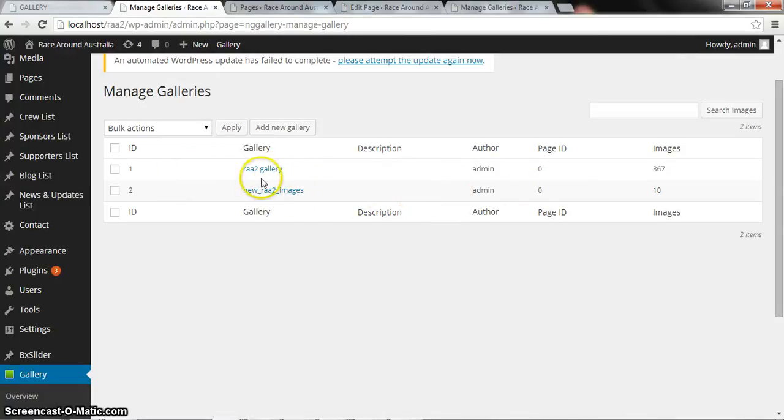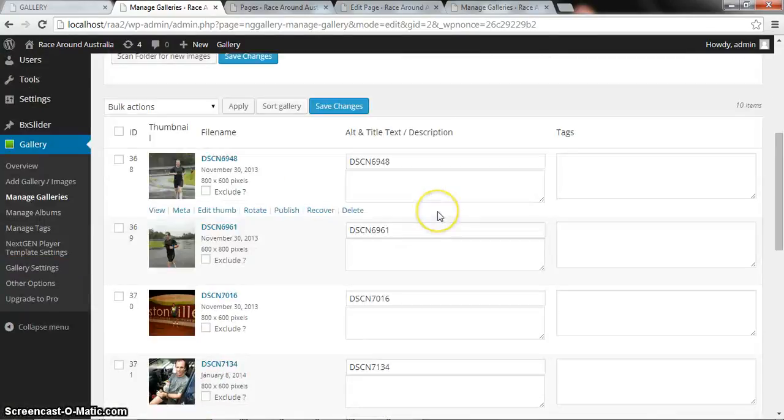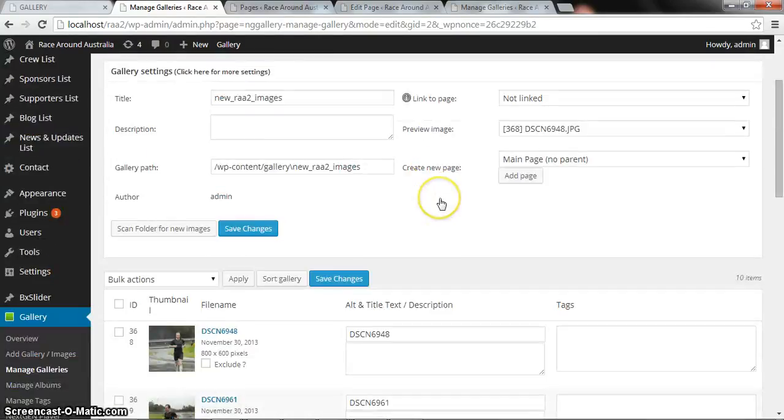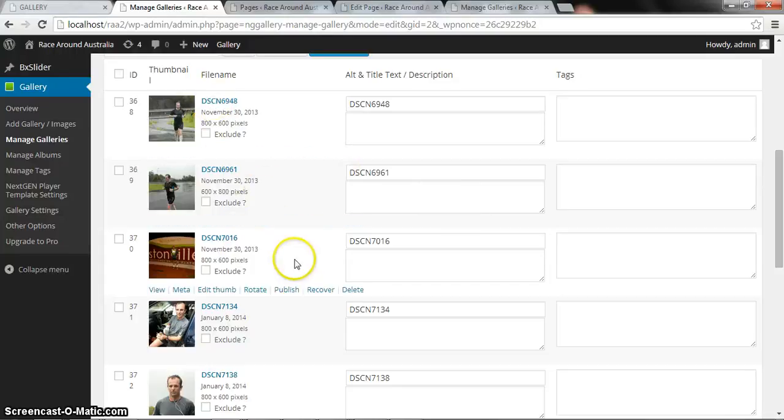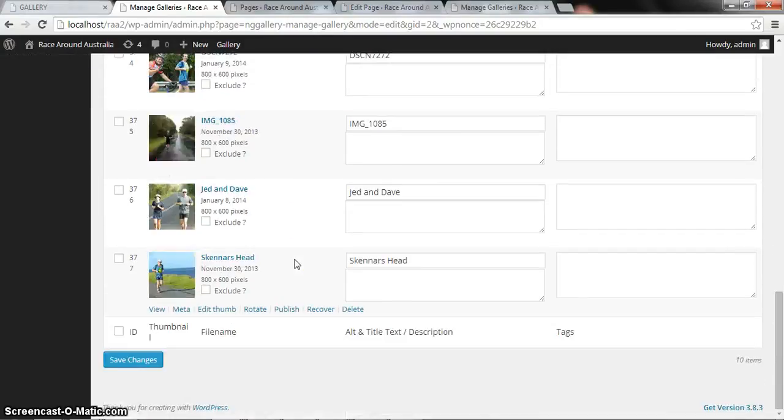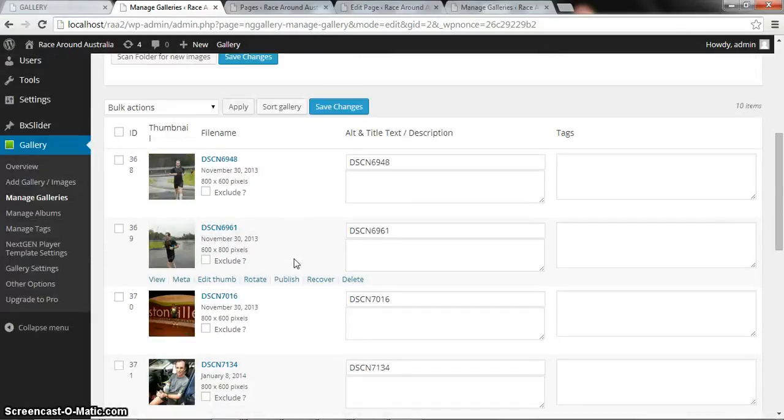The first gallery, with the ID number 1, is the old RA1 gallery images. So let's go to the RA2 new images. Click on this. Here on this page, you will see all the images for the new RA2 gallery.